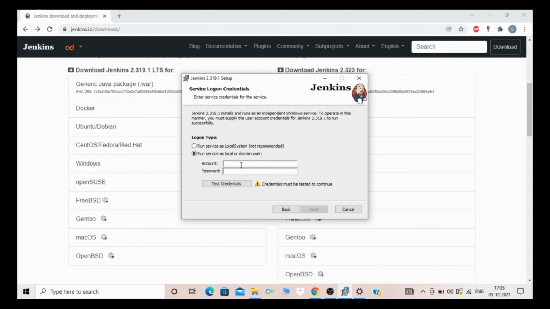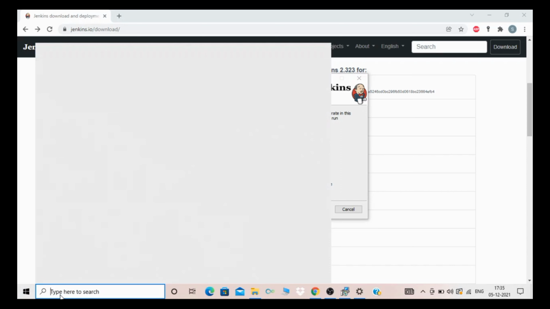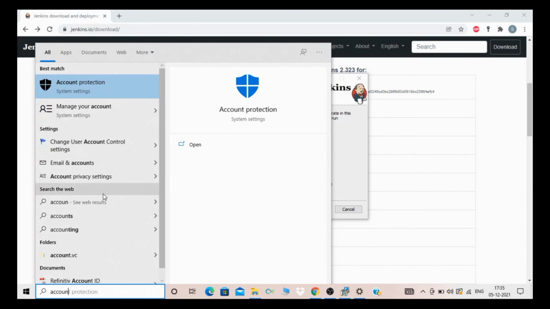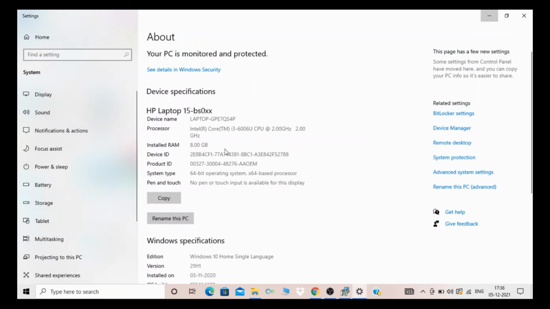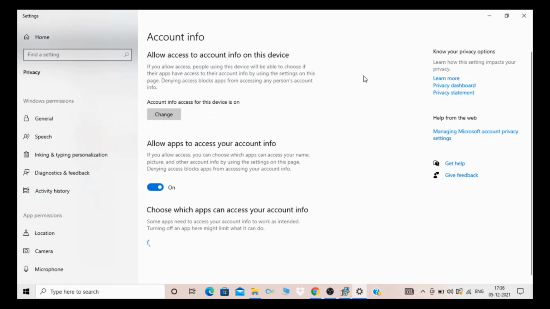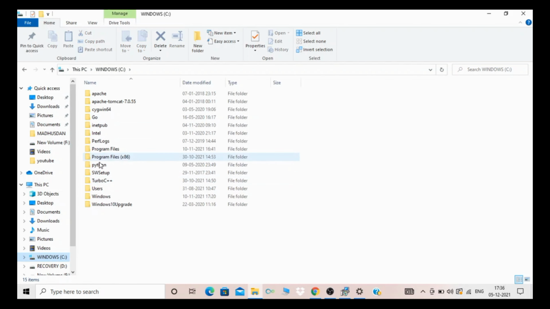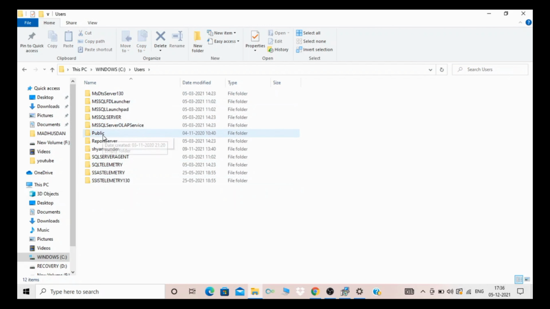I'm putting... wait, for that you have one option also, account privacy setting and all, which is related to your user account. So we can find the user account, see, this is my user account.